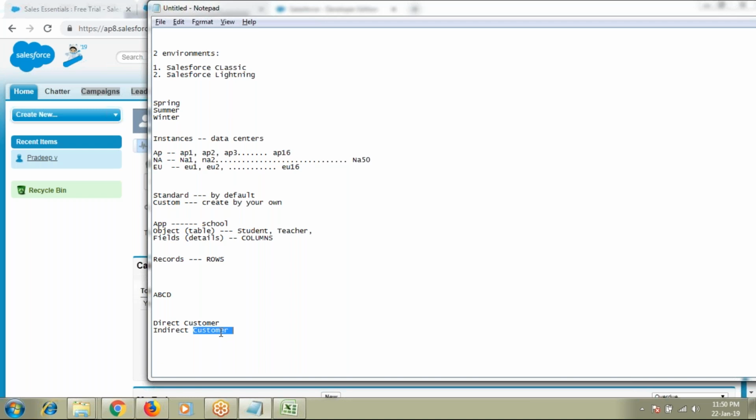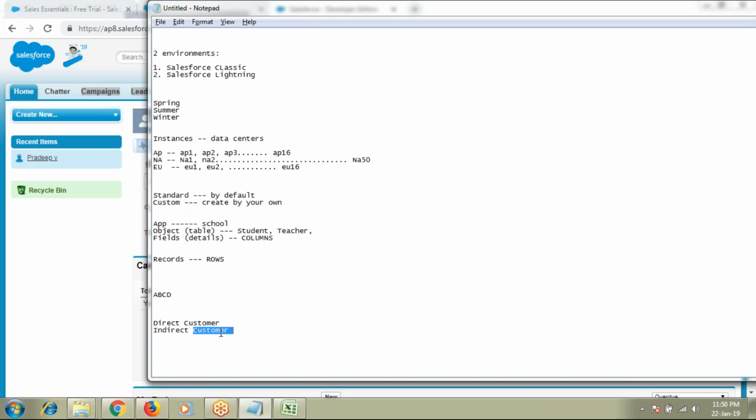If the customer purchases after you have explained about your product, then the customer will become an indirect customer, but not a direct customer. So where initially the customer was not interested, but after we explained our product benefits, then the customer showed interest and the customer has purchased.